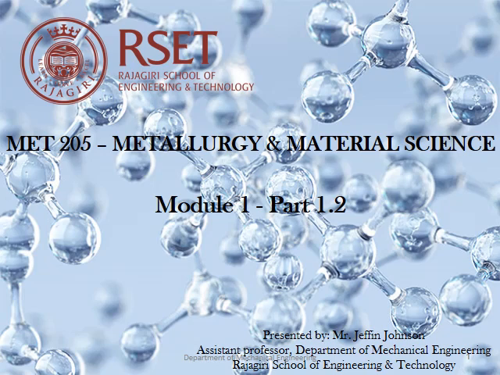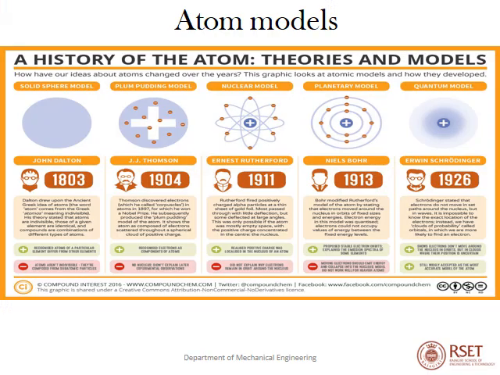So in this session, we will be discussing the different atom models, atomic interaction, as well as atomic bonding. If you look into the history of atom models, we can see, starting from 1803, John Dalton developed a solid sphere model. Then in 1904, J.J. Thomson made a plum pudding model, a nuclear model by Ernest Rutherford in 1911, a planetary model by Niels Bohr in 1913, and Erwin Schrödinger, the quantum model in 1926. So if you look into these models separately,